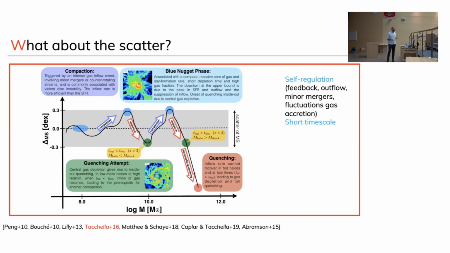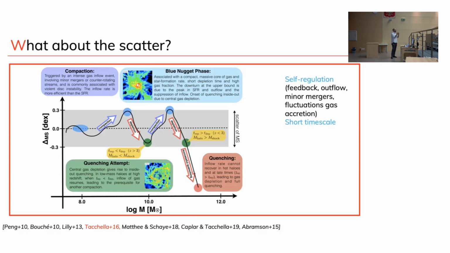And again, these things are very gas rich, they're turbulent, and they keep accreting gas because we are in those regimes where the gas can actually penetrate the halos and make it to the galaxies. What happens here in this view is that since these galaxies are so gas rich, turbulent and unstable, you could have some dynamical perturbation. It doesn't have to be necessarily a big merger.